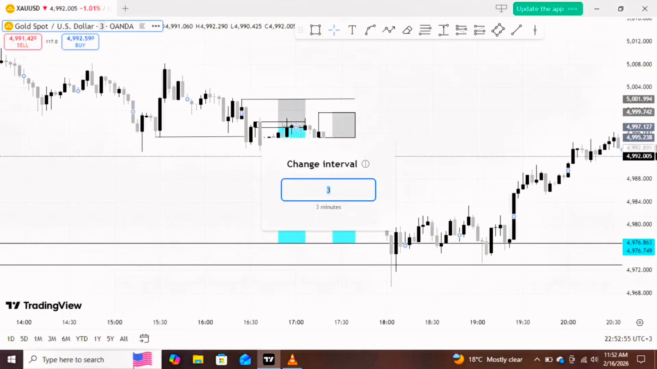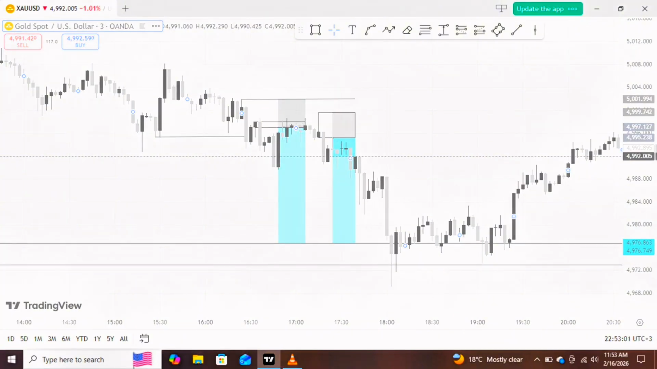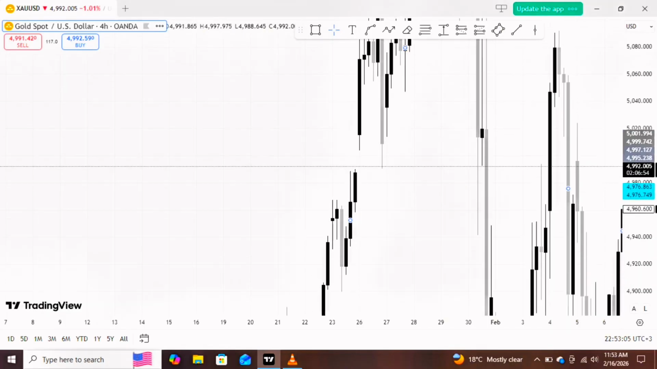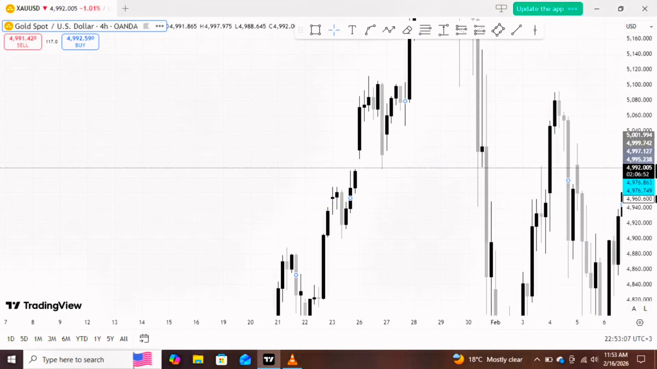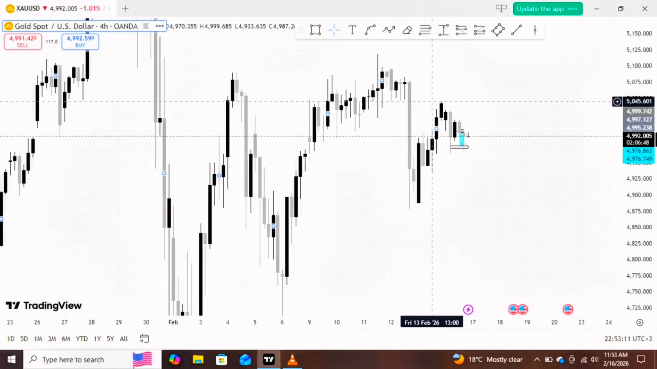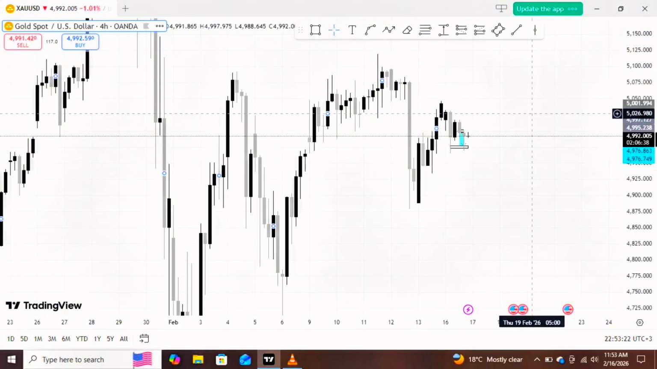Firstly, we should look at the 4 hour time frame. This is the principal time frame that you should focus more on, because your bias is the one that predicts your setups, that predicts your trade. So firstly, as you see here,